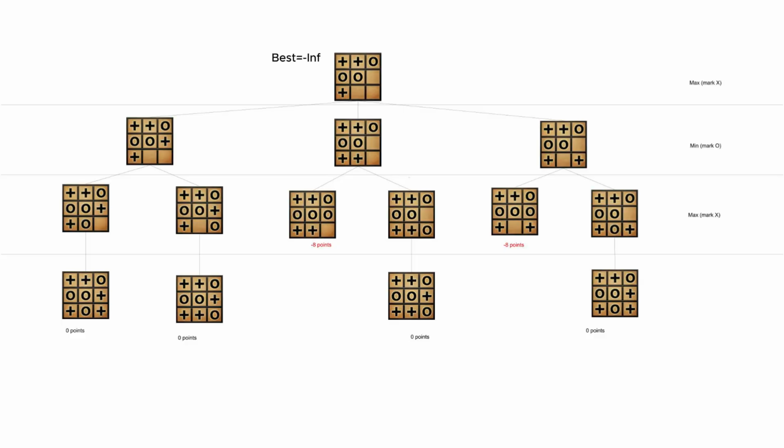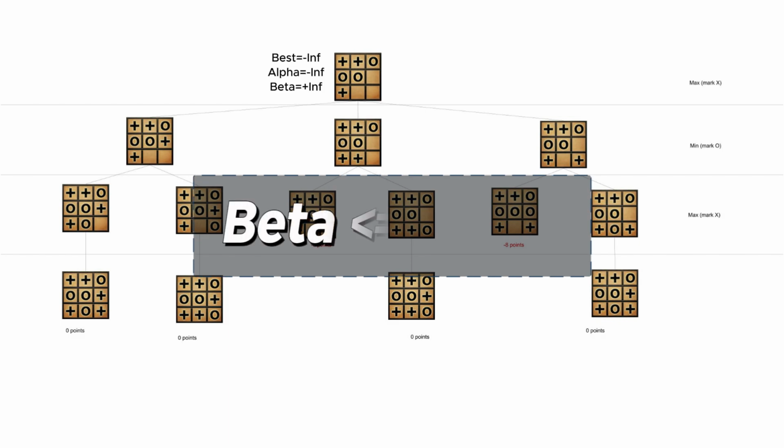Let's look at this game tree and see how it works. First, we add two new parameters, alpha and beta, and initialize them to -infinity and +infinity. As we recursively call Minimax, we will update alpha when we find a better move for max and update beta when we find a better move for min. If at any point beta becomes less than or equal to alpha, we stop evaluating the remaining moves from that